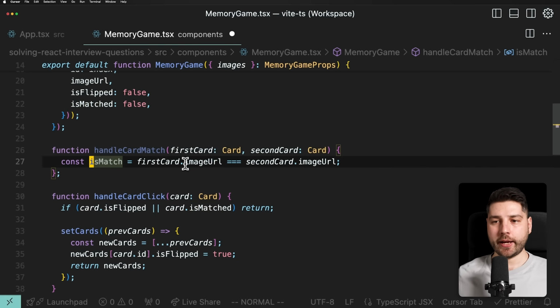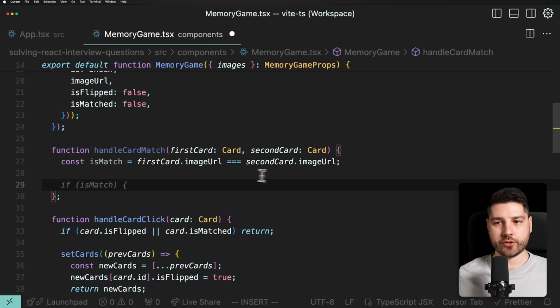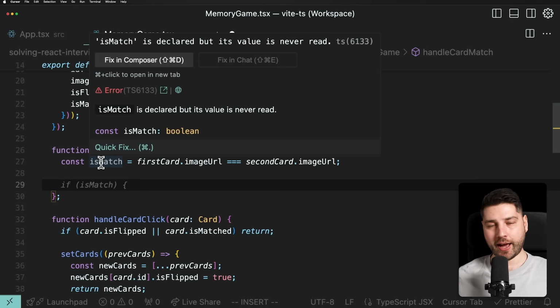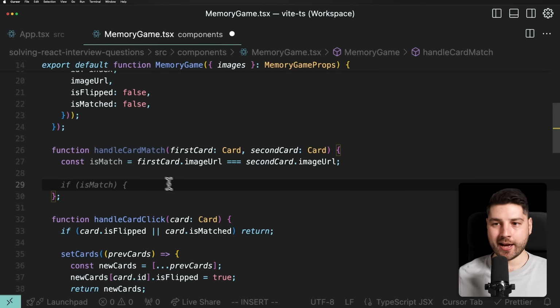Then we want to think a bit about the user experience here. We want to set a timeout, because regardless of whether or not we have a match, we're going to want to perform an action. If we have a match, we're going to want to set both of these cards to being matched. If we don't have a match, then we want to reflip those cards and set them back to not being flipped so that we can select other cards. But regardless of whether it's a match or not, we're going to want to do something anyway,